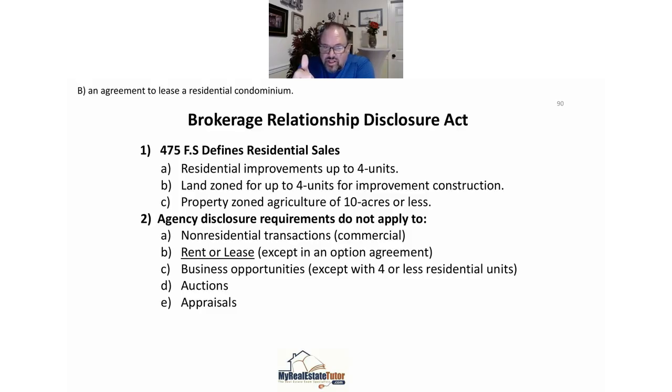Up to 4 units, residence, land zoned for up to 4, and then property zoned for agriculture of 10 acres or less. Okay? Now, the next thing is the agency disclosure requirements do not apply. Non-residential, we talked about that. You don't have to use it for rent or lease either. Business opportunities, except for 4 or less residential units. Auctions and appraisals. Okay? So the question is,